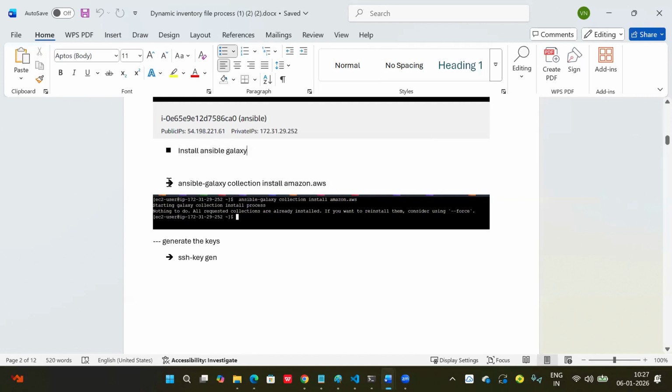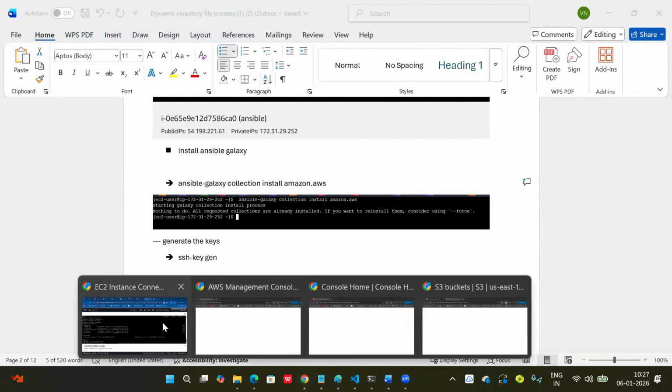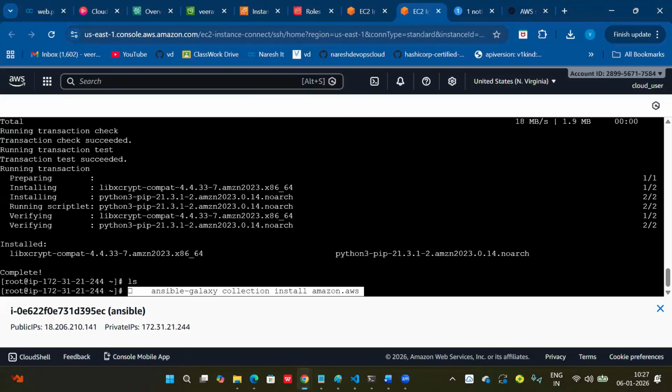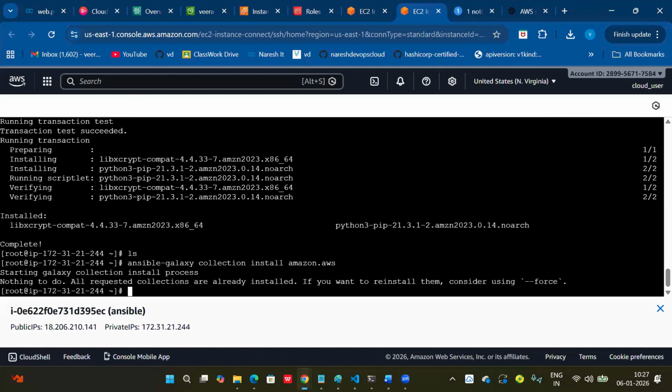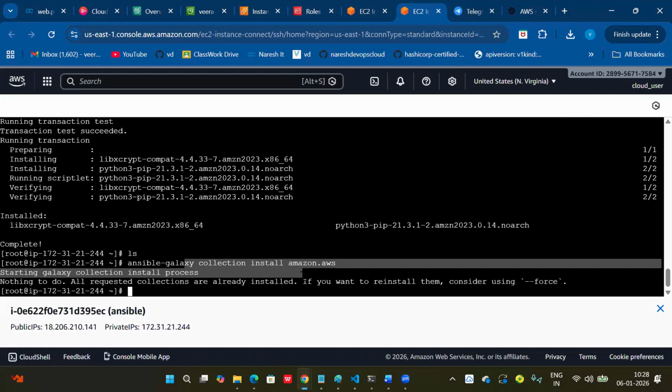But if you run this command now, guys, ansible-galaxy collection install amazon.aws. So we are already running this inside the EC2 instance, right? Ansible is not an AWS tool, right or not? So here you can see it is already installed. You are running this command inside the EC2 instance, so amazon.aws is already integrated. But when you run this command from your local laptop, the laptop gets the dependencies for AWS and those will be installed onto your local laptop. Clear, guys? But here Ansible is running on the AWS EC2 instance, which is why this is already installed. Clear?